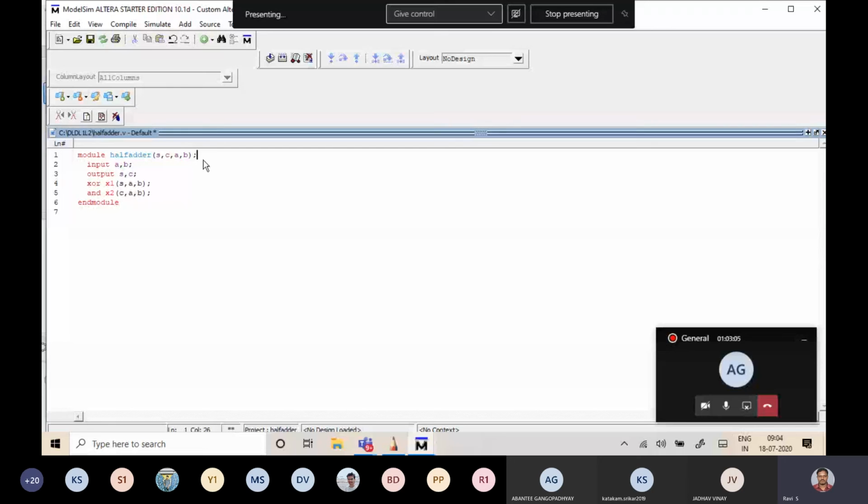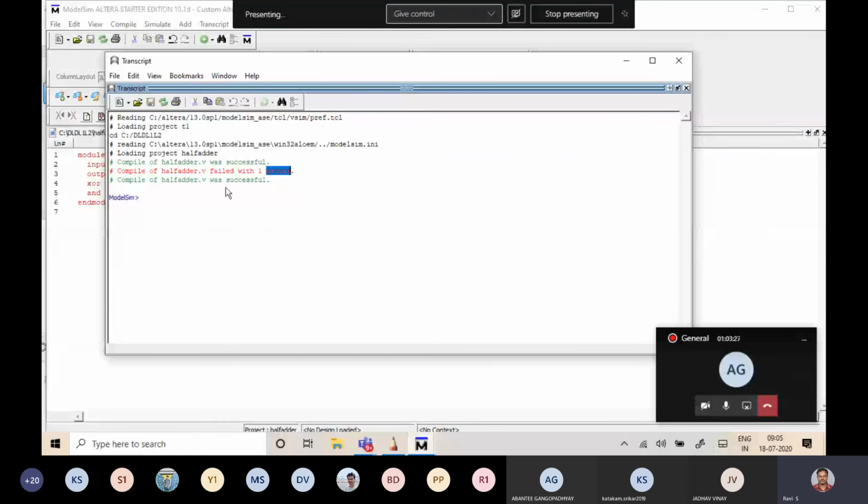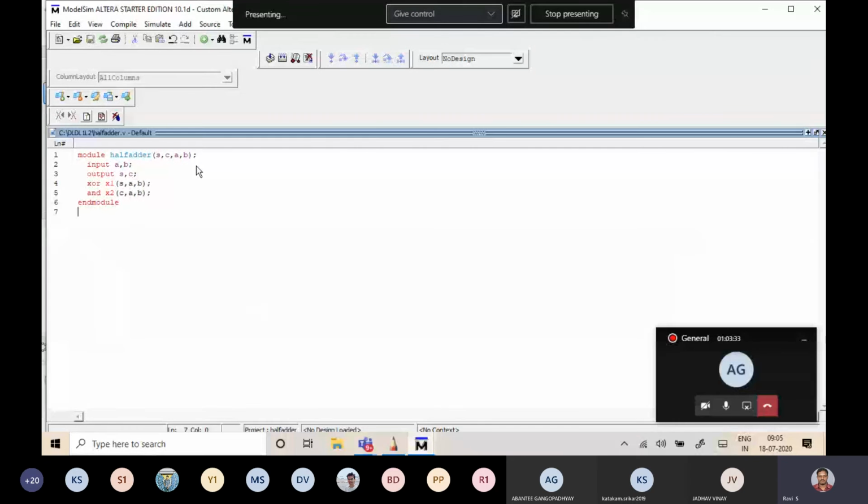Now I inserted one semicolon. If I'm not saving the file, the same old file will be considered for the compilation and again you'll get the error. So whenever you make small changes in your Verilog HDL, save immediately. Then go for compile, compile selected. Now again go to the transcript window. Now the transcript window is showing a green message saying successful. This is the way you have to write your Verilog HDL and check your syntax. Number one.